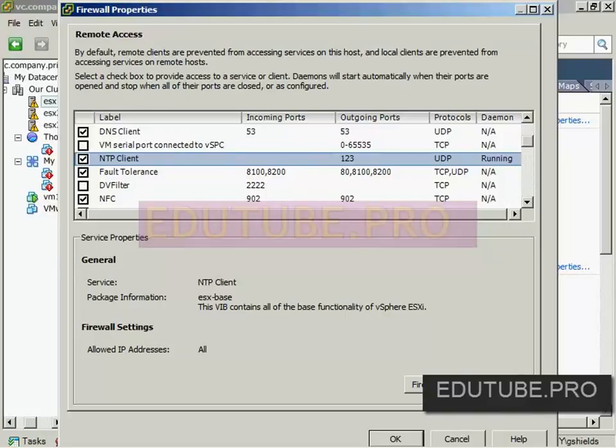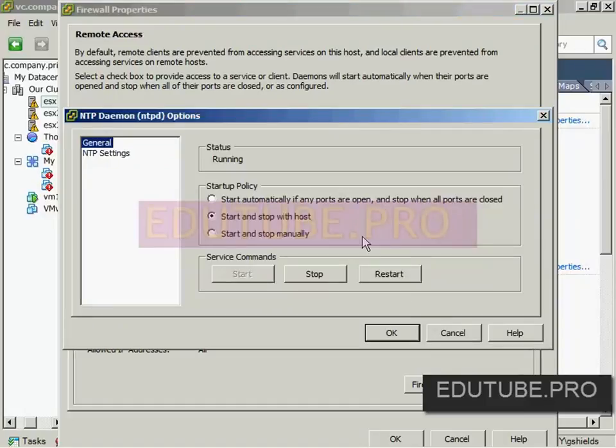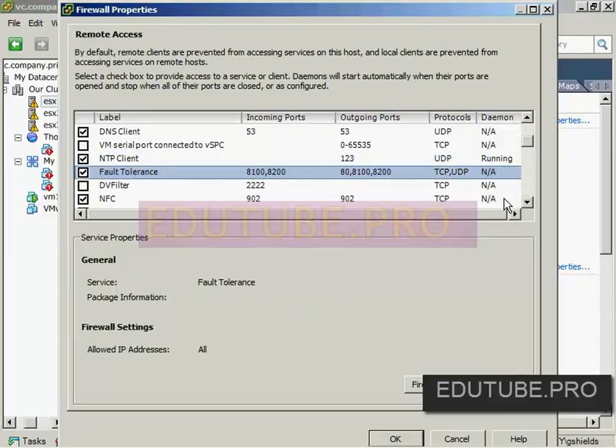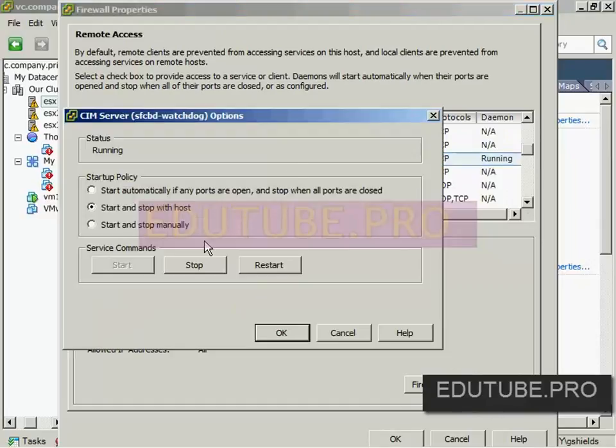If I wanted to shut it down for some reason, I don't know why I would, but if I wanted to shut it down, I could do so by clicking the Options button here, and just like I did before, adjust the policy associated with that service, or start and stop the service down here. Same thing, fault tolerance or NFC. Any of these different services that I want, I can go through and make changes to turn them on or